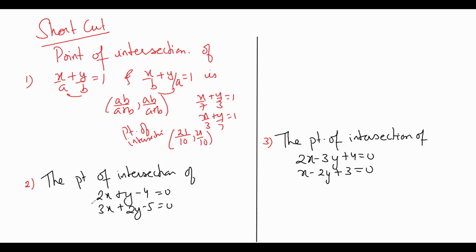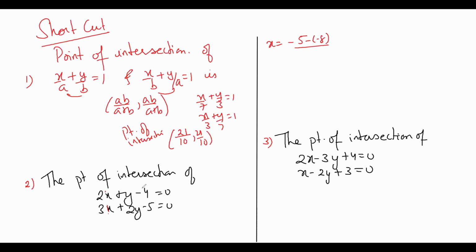But what will happen when you get this type of equation? Then again we have a shortcut, and what is that? We are finding the x coordinate, and as we do in 3D and in determinants, that is all we have to do here. You just write x here and then do the cross multiplication. Minus 5 into 1, that is minus 5, and 2 into minus 4, that is minus 8, and upon. I have just cancelled the column of x terms and I just took the cross multiplication.